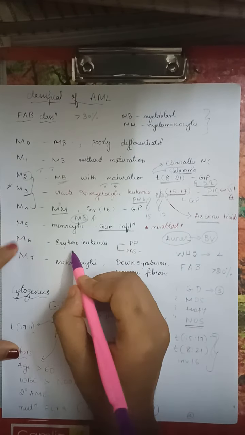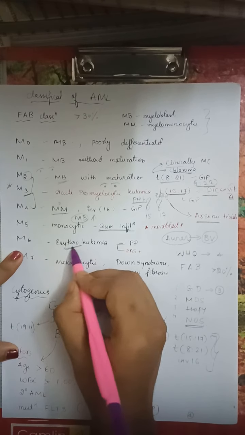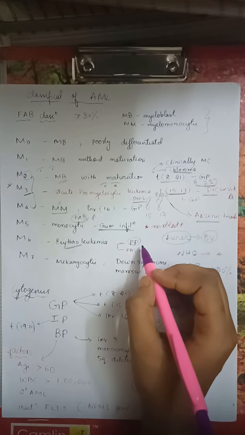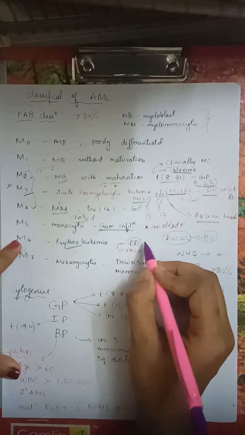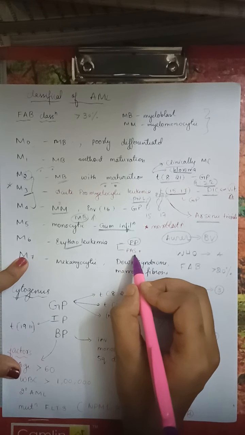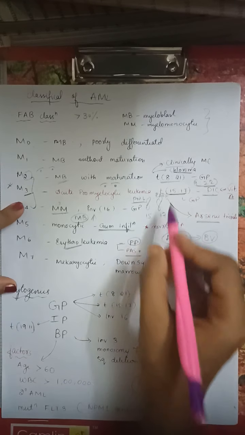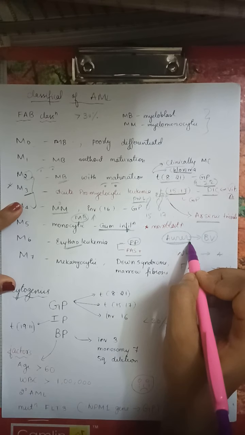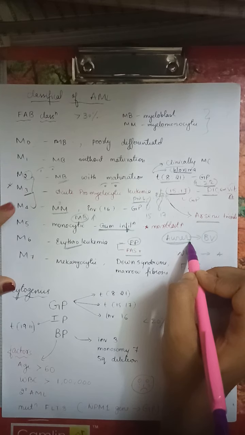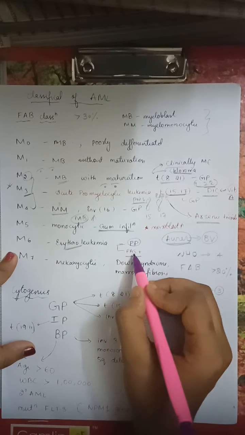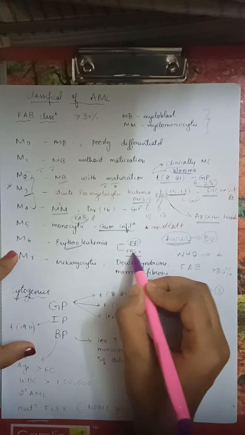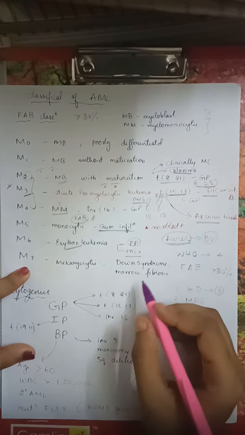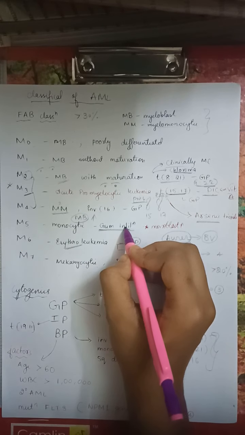And M6, there will be bizarre formation of erythroblast, and it has poor prognosis. So till now, all I explained had good prognosis, but this has poor prognosis, and it is associated with PAS positive. See, here it produces MPO. Auer rod is nothing but accumulation of MPO, therefore it is MPO positive. But as you come down, this one is PAS positive. Remember PAS 6, something like that. So this is PAS positive, both P's, poor prognosis. And the gum infiltration was M5.